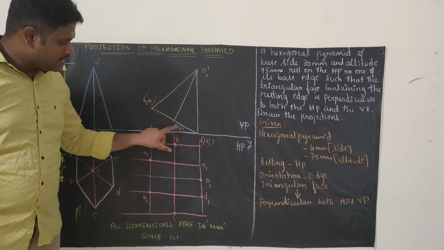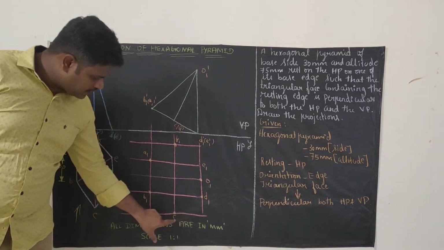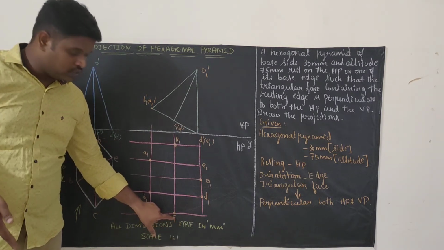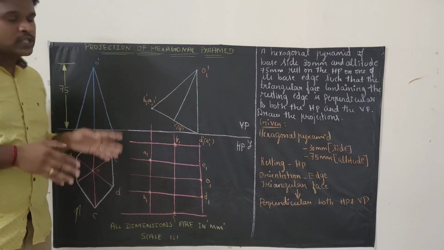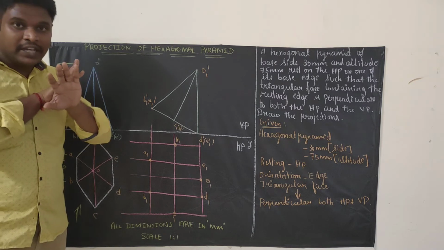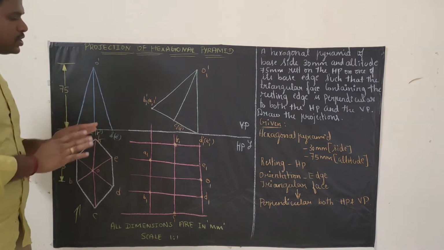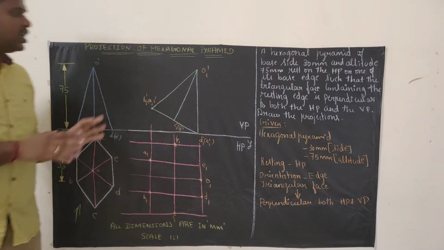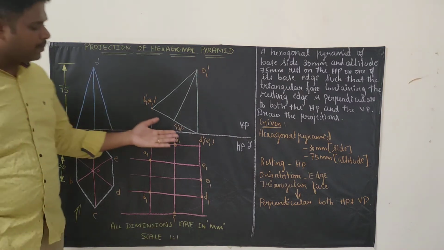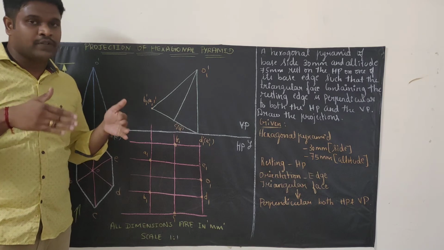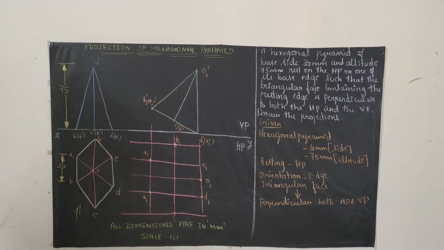Next is DC and EF. See here, DC is also an outer edge of the solid, and EF is also an outer edge of the solid. So in this sum, we don't have any hidden objects. Just join all the points so that you will be getting the solution. It's very clear that since the hidden points are coming away from the solid, that is the outer edge of the solid, we won't consider it as hidden. So in this sum, there is no hidden. Just connect all the points so that you will be getting the solution.